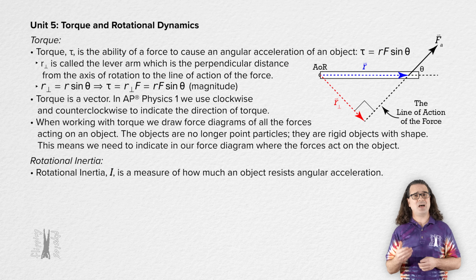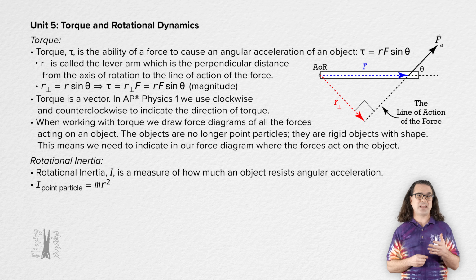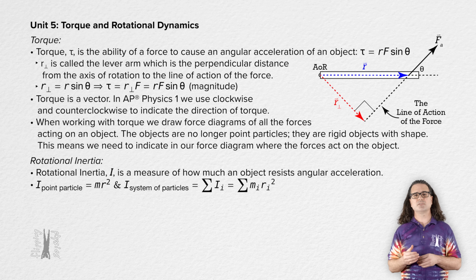Rotational inertia, capital I, is a measure of how much an object resists angular acceleration. The equation for rotational inertia of a point particle rotating around an axis of rotation is the mass of the point particle times the square of r, the distance between the axis of rotation and the location of the point particle. To get the rotational inertia of a system of particles, we add up the rotational inertias of each particle